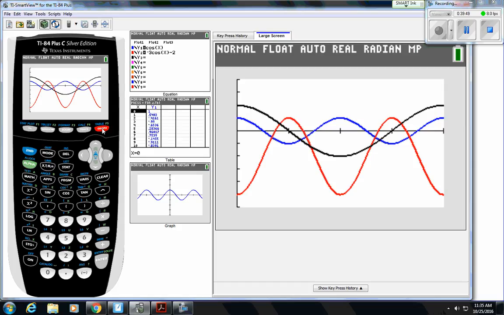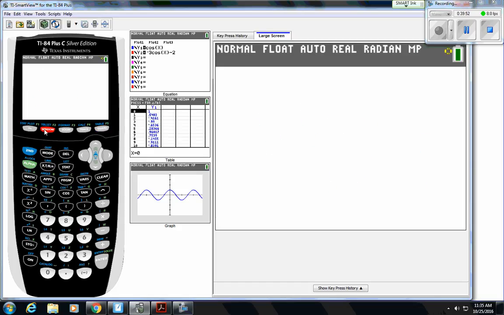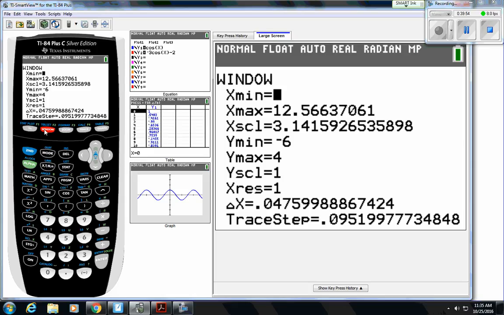Look at the scale. Oh, so if you want me to go back in window? Okay, so your x scale is your intervals. So you see how that value is 3.14? That means our intervals are intervals of pi, which is what we use. When we were doing the parent functions, we were using intervals of half pi, which was 1.57. So your scale for either x or y just tells you how wide your intervals are, and they always need to be the same width. Okay, equal width for 4 equal parts. All right, any other questions? Okay, good. I need to know if you guys,